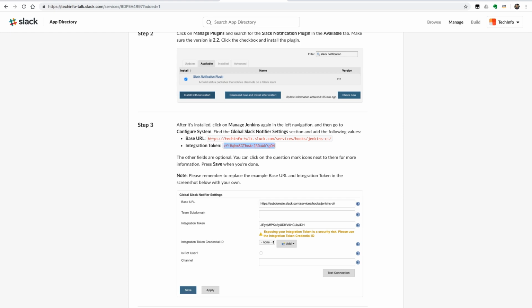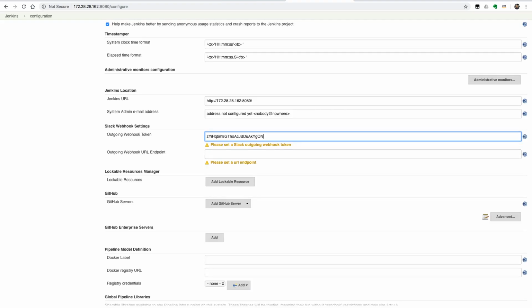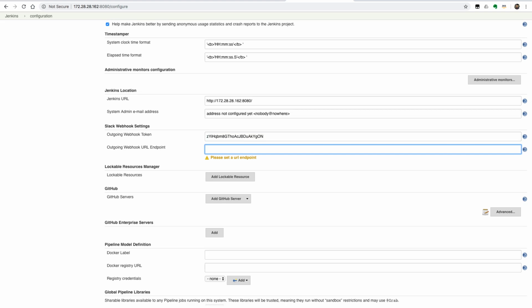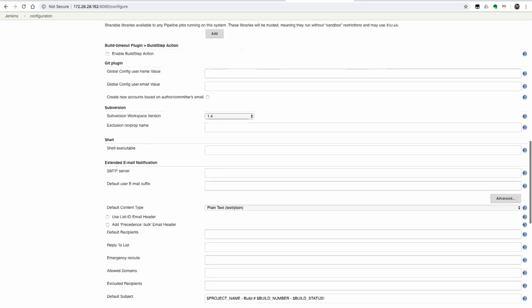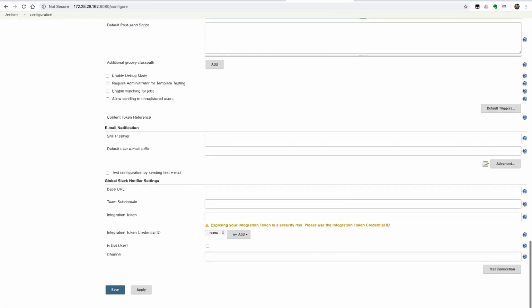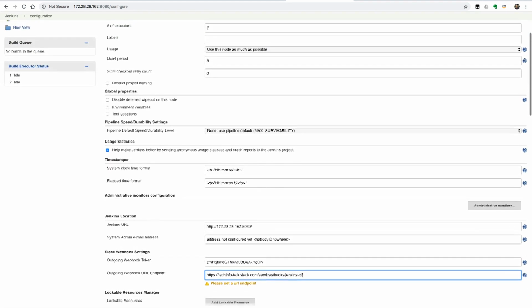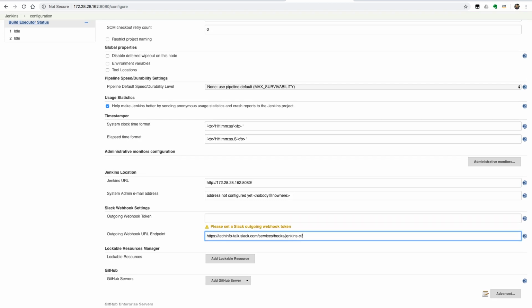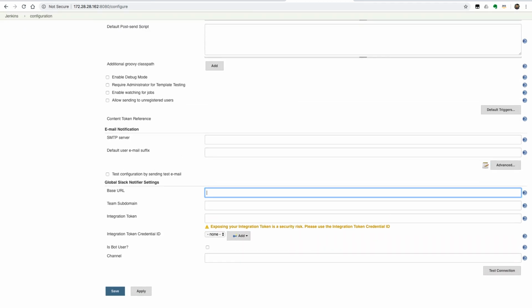I just copy this whole thing and put the token, and then I come back to the base URL. I copy this whole URL and put the URL in this section, which is the webhook URL endpoint. So looks good. I don't have any other. Okay, so there's one more location. So in fact, I can just keep this blank for now, and base URL would be the one which I